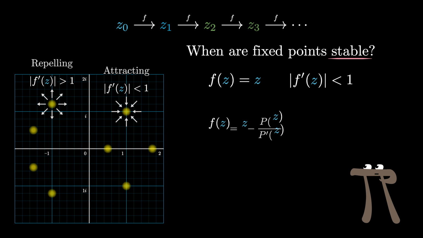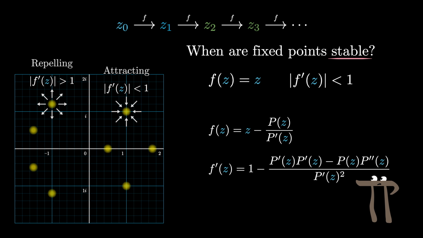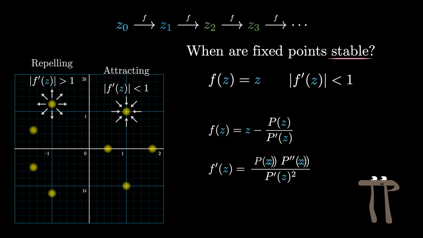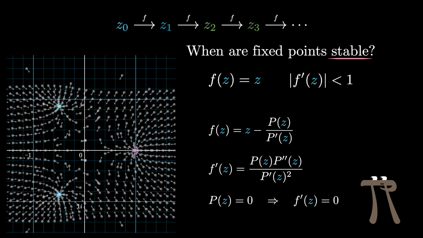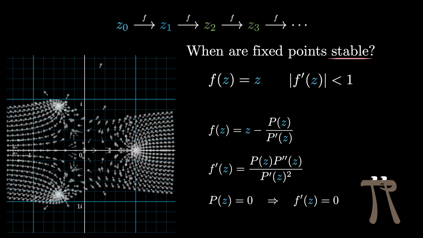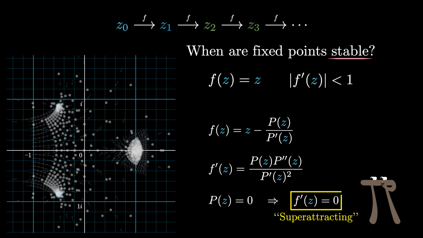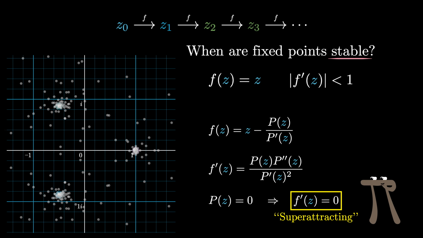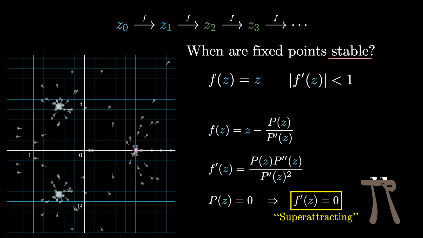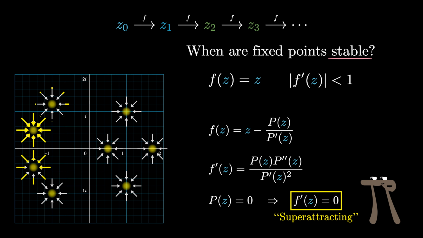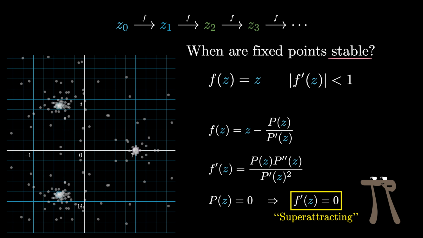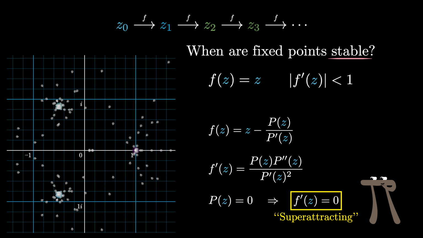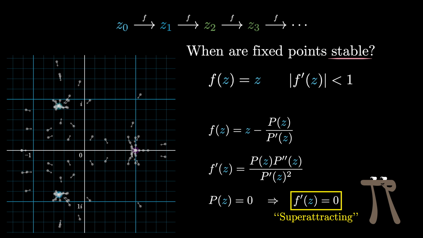For example, if you work out the derivative of our Newton's map expression, and you simplify a couple things a little bit, here's what you would get out. So if z is a fixed point, which in this context means that it's one of the roots of the polynomial p, this derivative is not only smaller than 1, it's equal to 0. These are sometimes called super-attracting fixed points, since it means that a neighborhood around these points doesn't merely shrink, it shrinks a lot. And again, this is kind of by design, since the intent of Newton's method is to produce iterations that fall towards a root as quickly as they can.